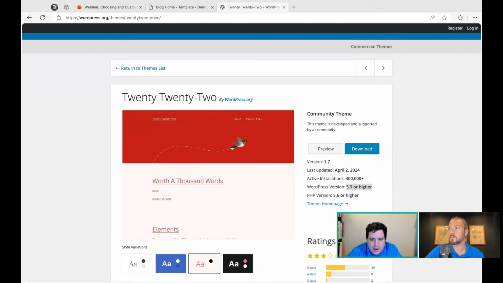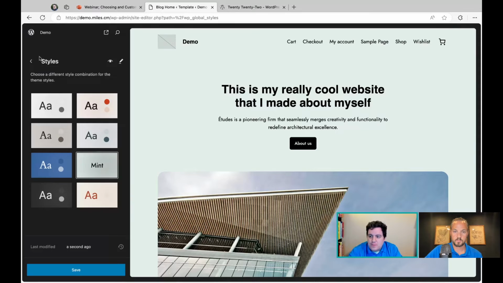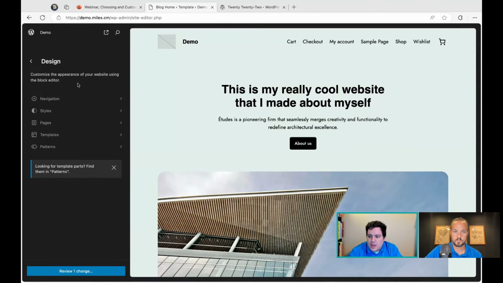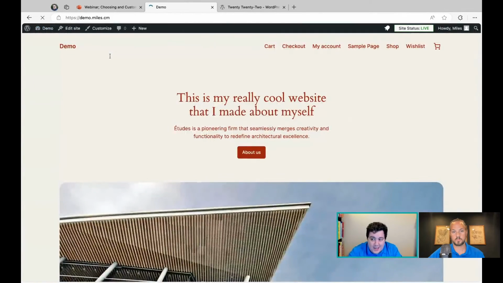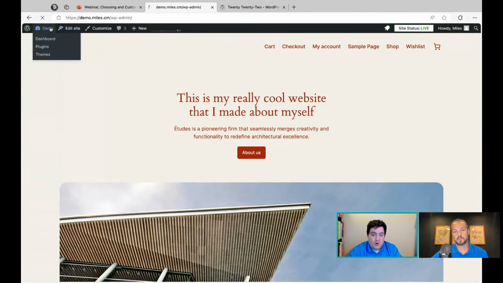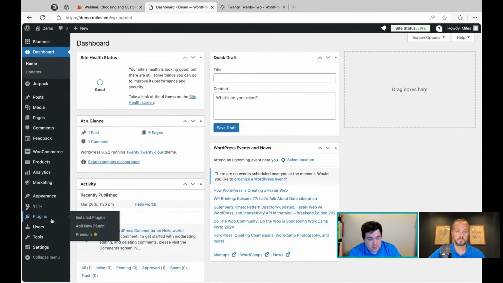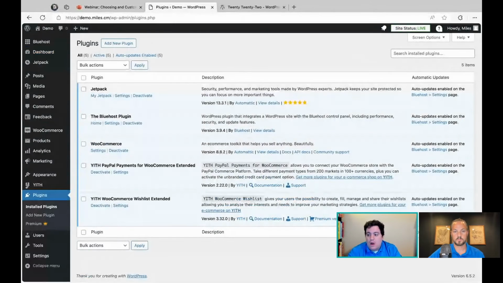Next question, how can I assess a theme's compatibility with the specific plugins I want to use? That's a good question. Ideally, that isn't too tricky to do when you can just try it out. If this is a site that you're still building and nobody's looking at it yet, that's really easy to do. You can just try it and see if it works or doesn't work. But if this is a site that's already getting a lot of traffic,